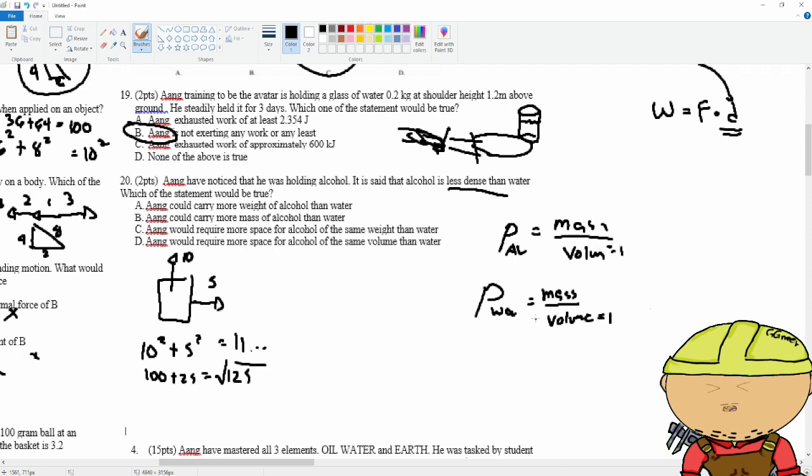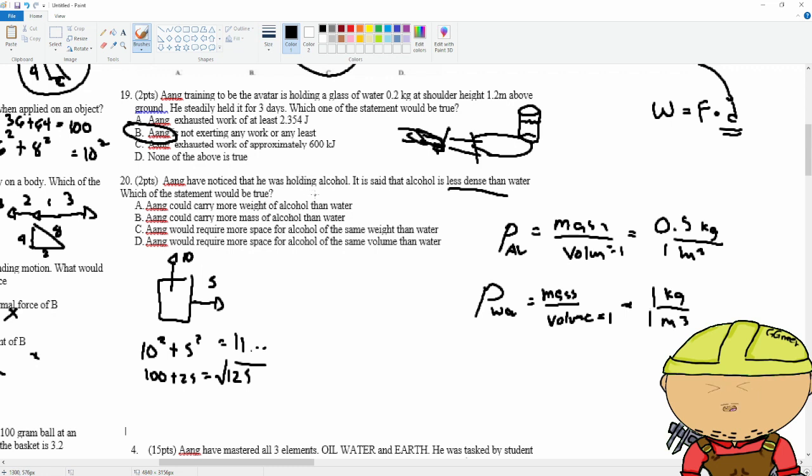So when we have 1 kilogram per meter cube of water, if alcohol is less dense, probably 0.5 kilogram per meter cube of alcohol, the denominator is always 1, right? So if they have the same volume,